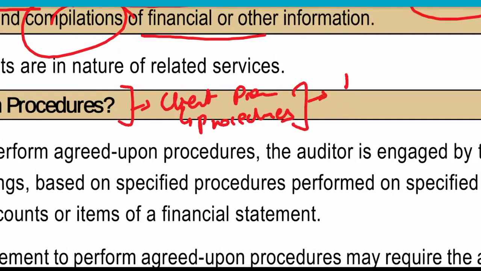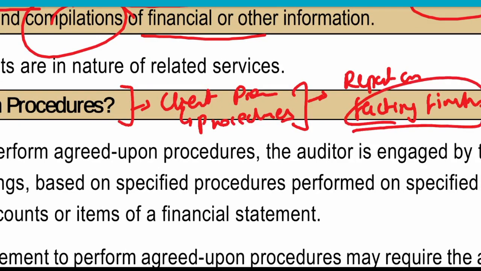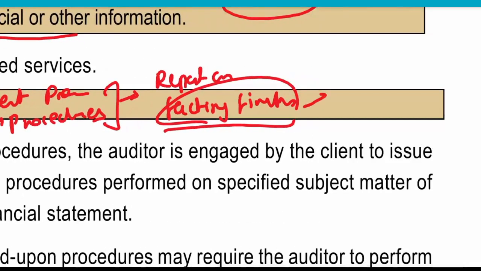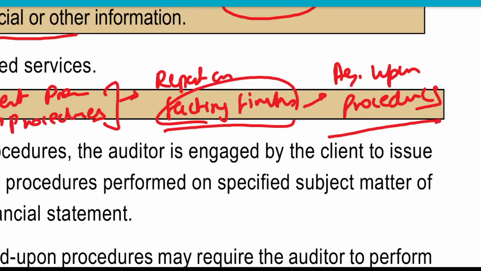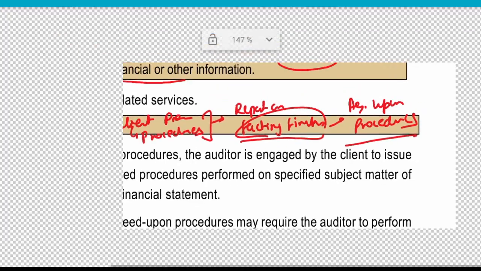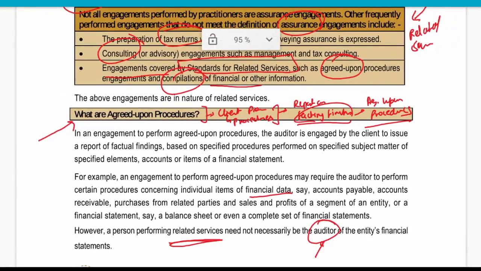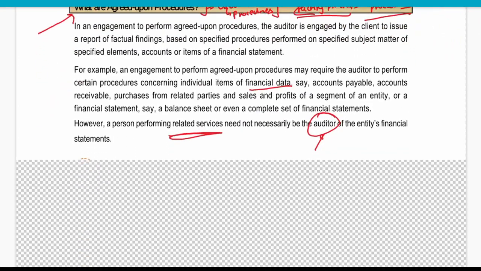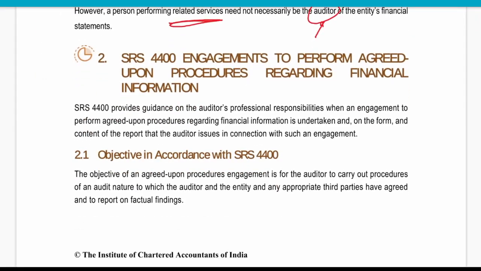He will give a report on facts, on factual findings, and how they will find these facts is by doing agreed upon procedures. Are you guys able to get what is agreed upon procedures? What are related services? What is assurance? Right. Okay, great. So now we can easily start with SRS